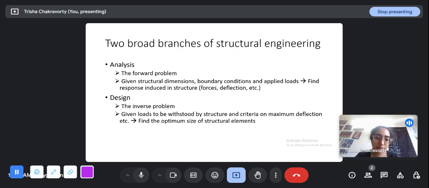The output of design is that, and for that, the first step is to do an analysis anyway, because we are not given the loads to be withstood by individual elements. Generally, while designing a structure, we are given the overall loads to be withstood by the structure as a whole, like wind load, dead load, live load, earthquake load, flood loads, fire loading, and all that. So we can get those criteria from the code.